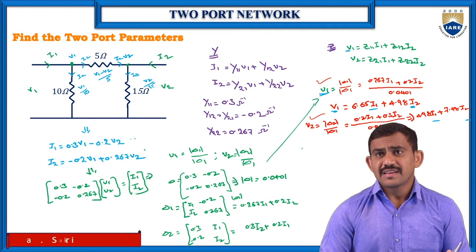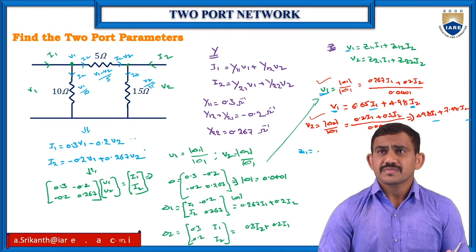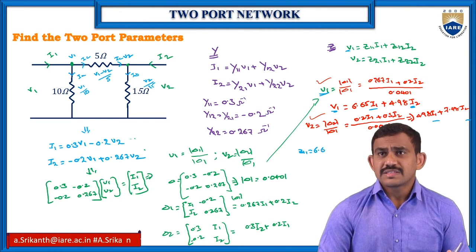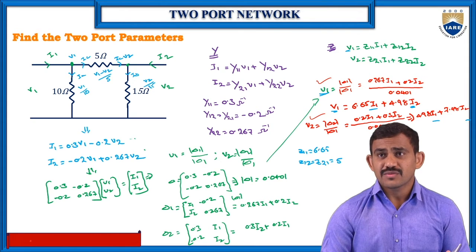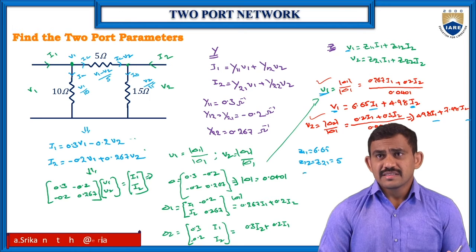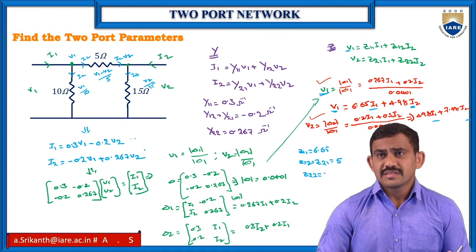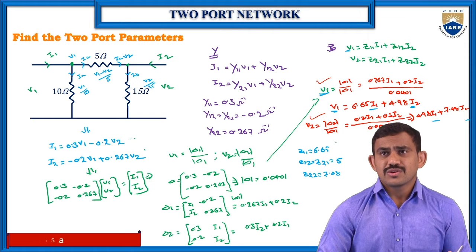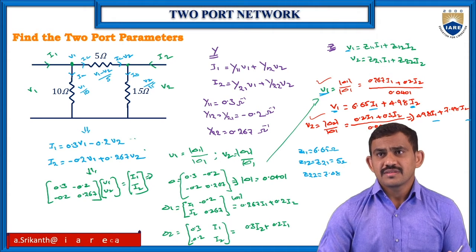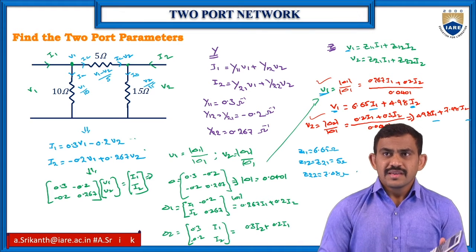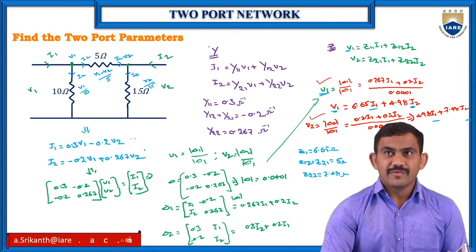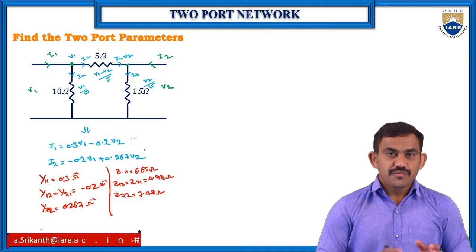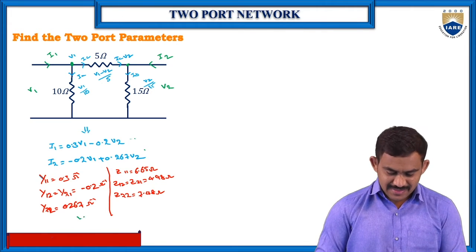Then your Z11 value is 6.65, and Z12 as well as Z21 value is 4.98, which means you can write like 5, no problem for that. And Z22 value is 7.48. So these are your Z parameters values. Okay, just think and write the equation. So from the pi parameters, we know the y values, we know the z values. So these are the y and z parameters values.